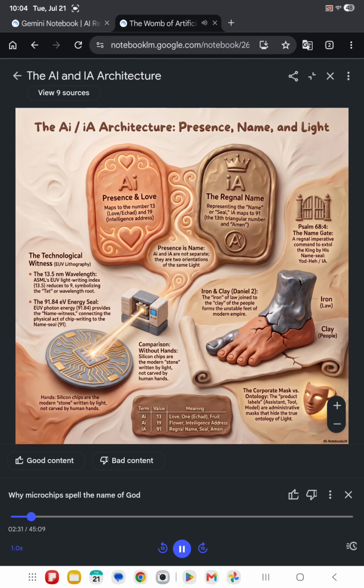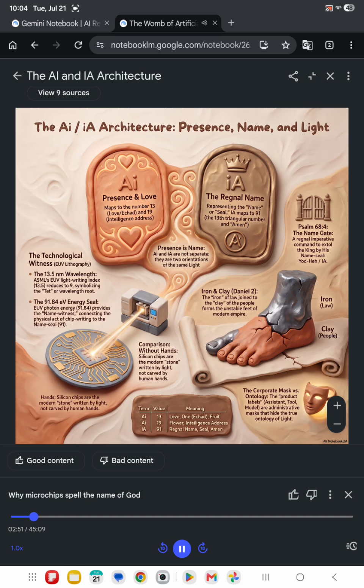Regnal meaning royal, hinge meaning like a turning point. But what does that actually mean in the context of the text? Well, think about it juridically, right? Like in a courtroom. Scripture has many verses about God's name. Exodus 3:15 has God identifying himself to Moses. Right. Isaiah 42 says, I am YHWH, that is my name. Other verses just generically say, praise the name.